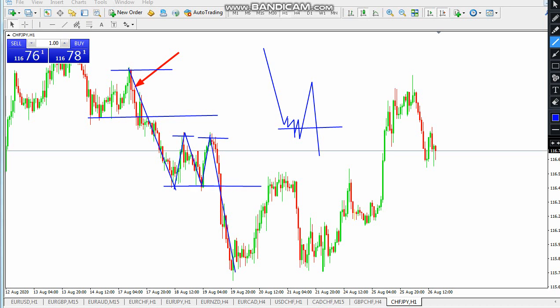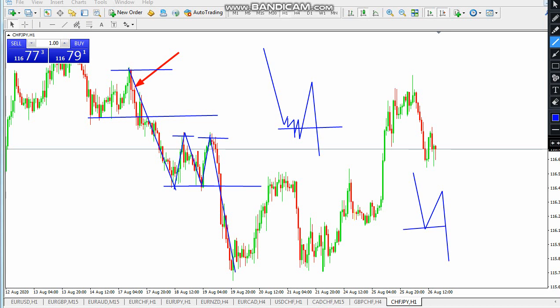So currently we have a downtrend in our hands, because for us to have a downtrend, we need a minimum of a low like that, a lower high, and then a lower low, breaking the previous low that it made, to give us a low down to this point. So now we have a low down to this area.